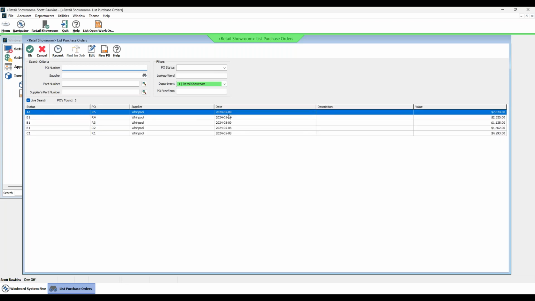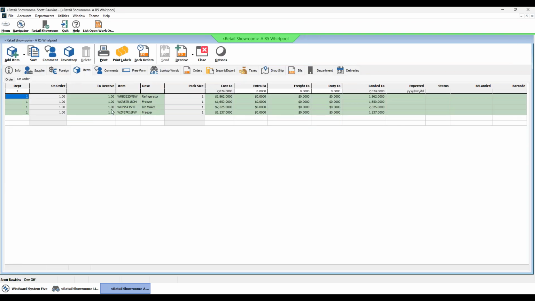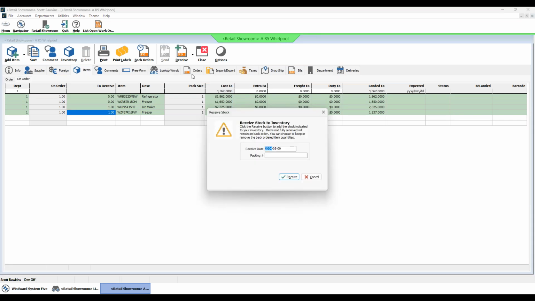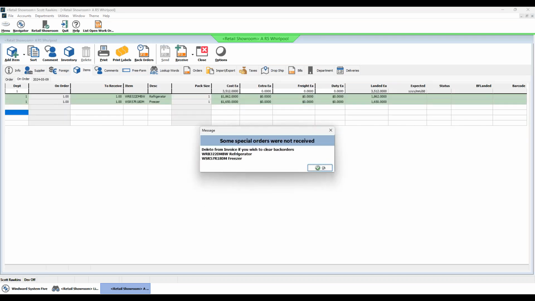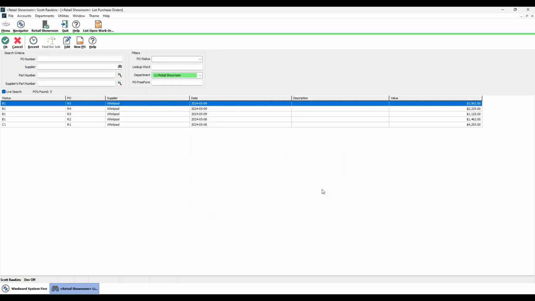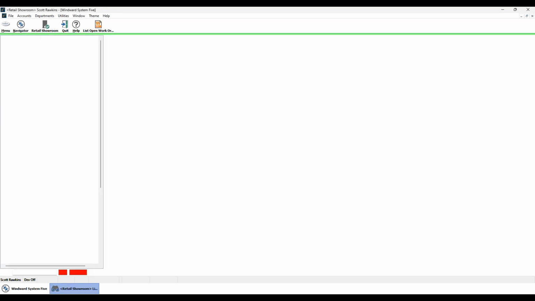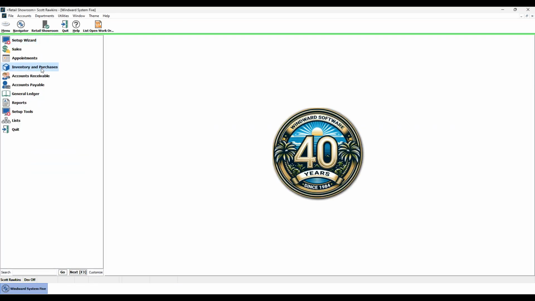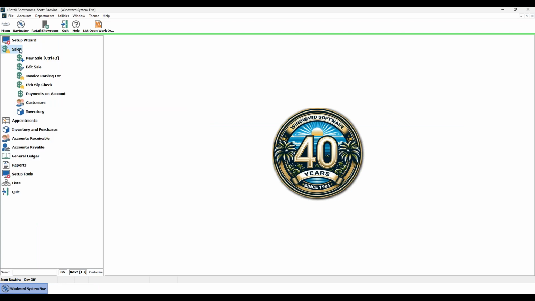So here's my PO. And again, I'm just going to partially receive this PO. We'll say 2 pieces came in and 2 are still on order. Just warning me that some of this didn't come in. Then if I go back to our work order,